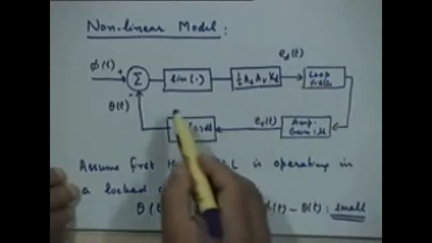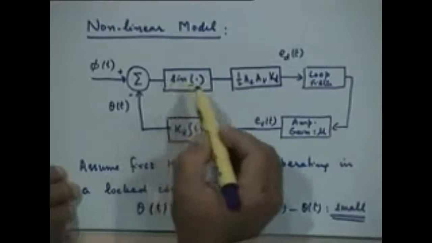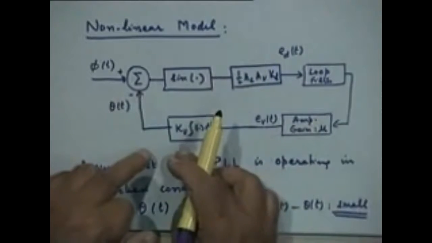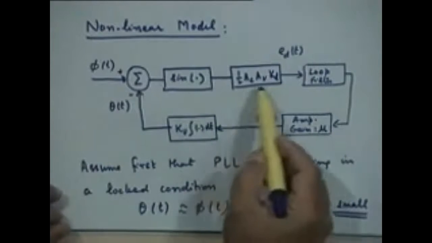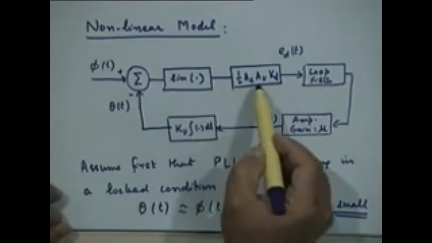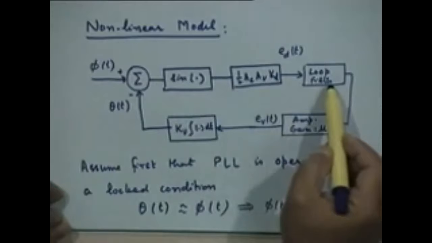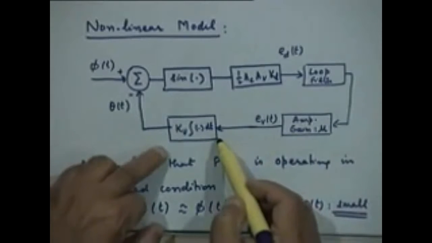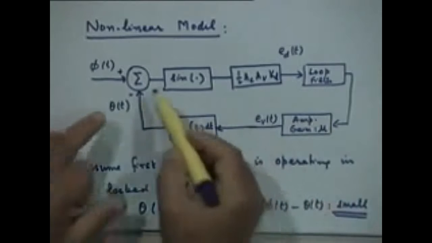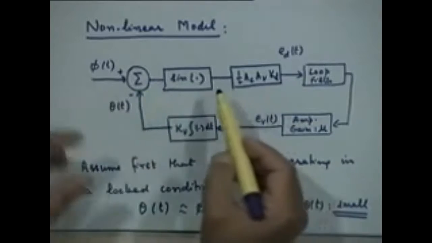will convert this nonlinear model. Why is it a nonlinear model? Because of the presence of this function here, right. Otherwise everything else is linear. If you look at the input output relationship, it is a linear system. Every block is a linear system, right. This is a simple amplifier, this is a linear filter, this is again an amplifier, this is an integrator, everything is linear, right. This is an adder, right.